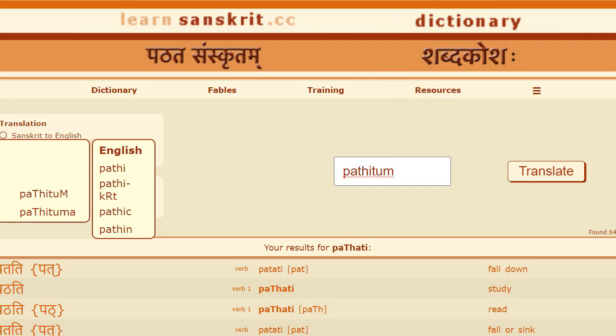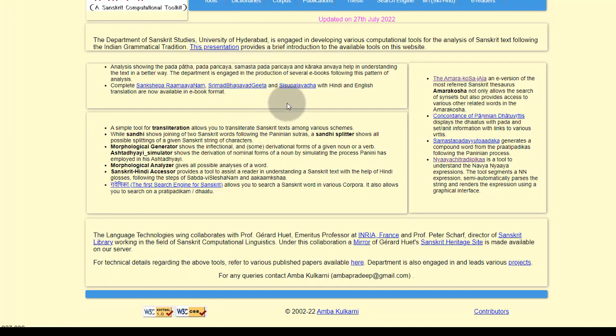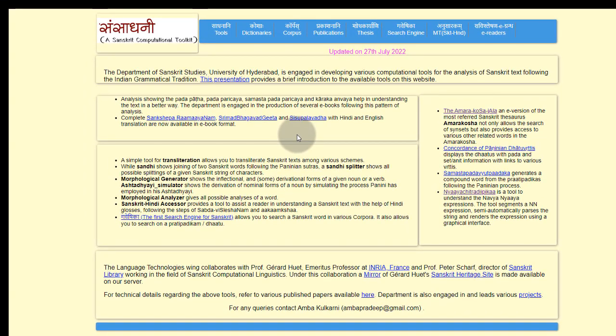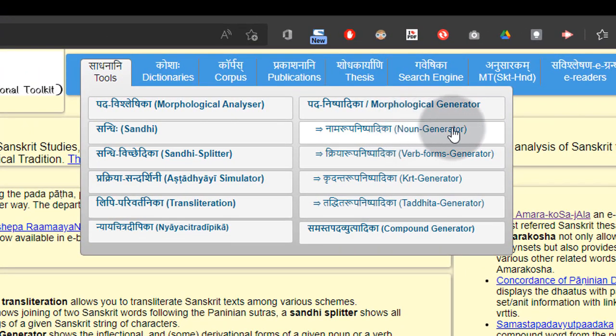That's number one. And number two, I want you to use this site. This is Samasa Dhani, like that. It's a toolkit site. You can use two portions of this one. One is the noun generator, and another is the verb form generator. There are also Kritanta generator, Taddita generator, like that, so many. I have not checked all those things. Even then you can check the Kritanta generator. I think I will show these three. On the right side, the second one is the noun generator, then the verb form generator, then the Kritanta generator.